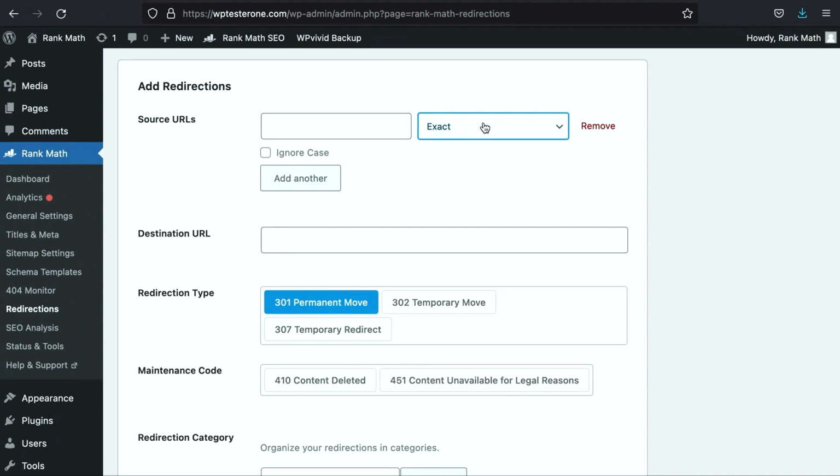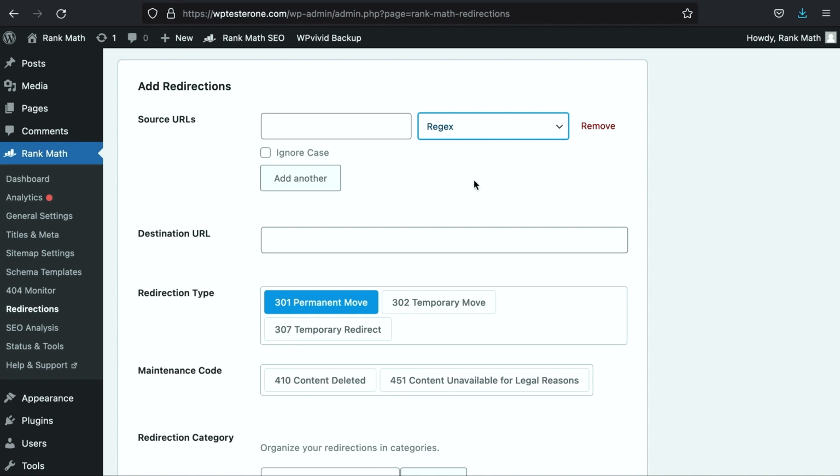Now, this is a little advanced, but don't be intimidated by it. After I explain this, I'm pretty sure you'll have a good handle on how to use regex on your website. In all the methods of redirection we've discussed, we always have to set a source URL and a destination URL. Everything is predefined. But for regex, in other words, regular expressions, it is a method for you to dynamically